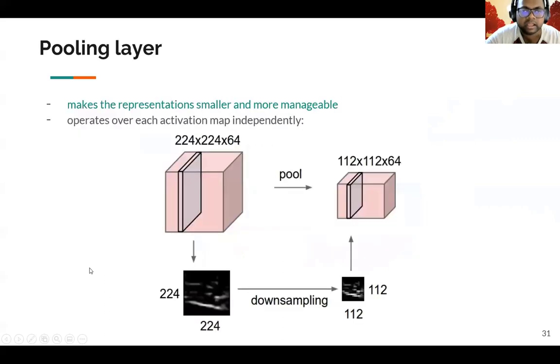Okay. Now, when you perform pooling, what do we do? In pooling, you start with a 224 by 224 image. By pooling, you get a 112 by 112 image. Now, why is this important? You often don't need to capture a lot of information in the local neighborhood. You would want information which is much more global.